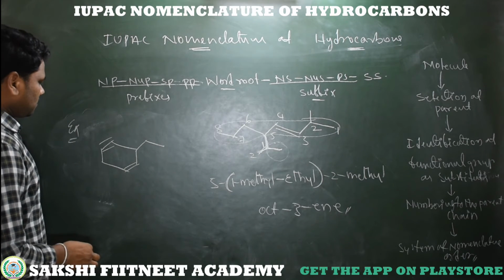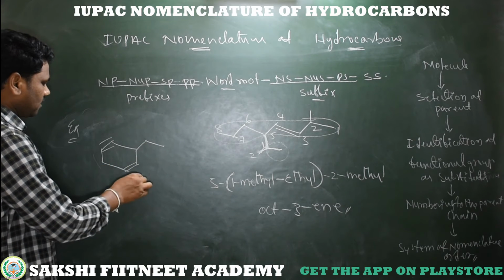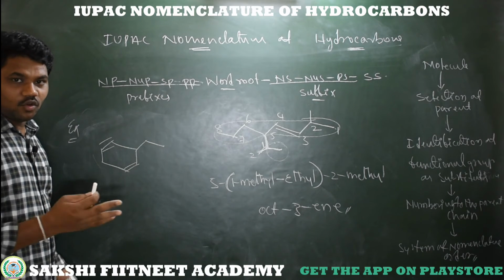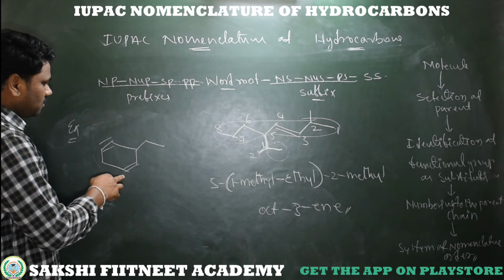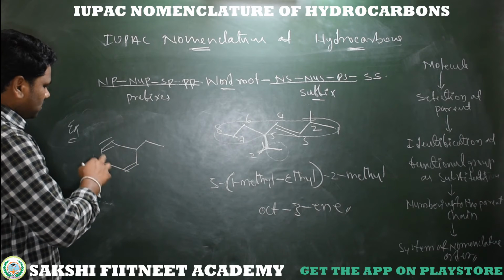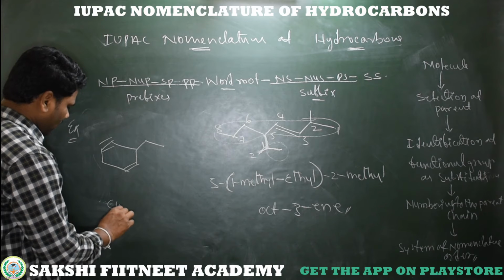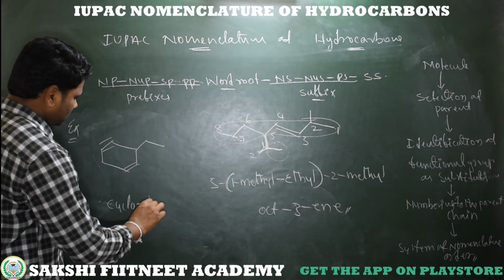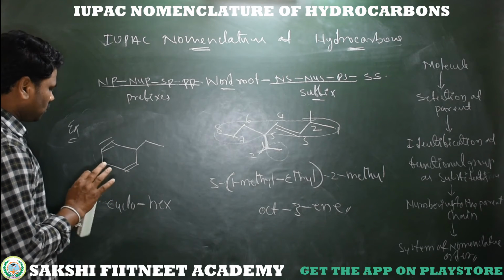This is a compound. See, here we have an open chain as well as a cyclic one. This cyclic system has 6 carbons and this chain has only 2 carbons. So the system which has more carbons becomes the parent. So this is the parent ring and this is the substituent at this carbon. Simply, what is the parent? That is the 6-carbon cyclic system. So cyclo is the primary prefix. What is the word root here? 6, that is hex.